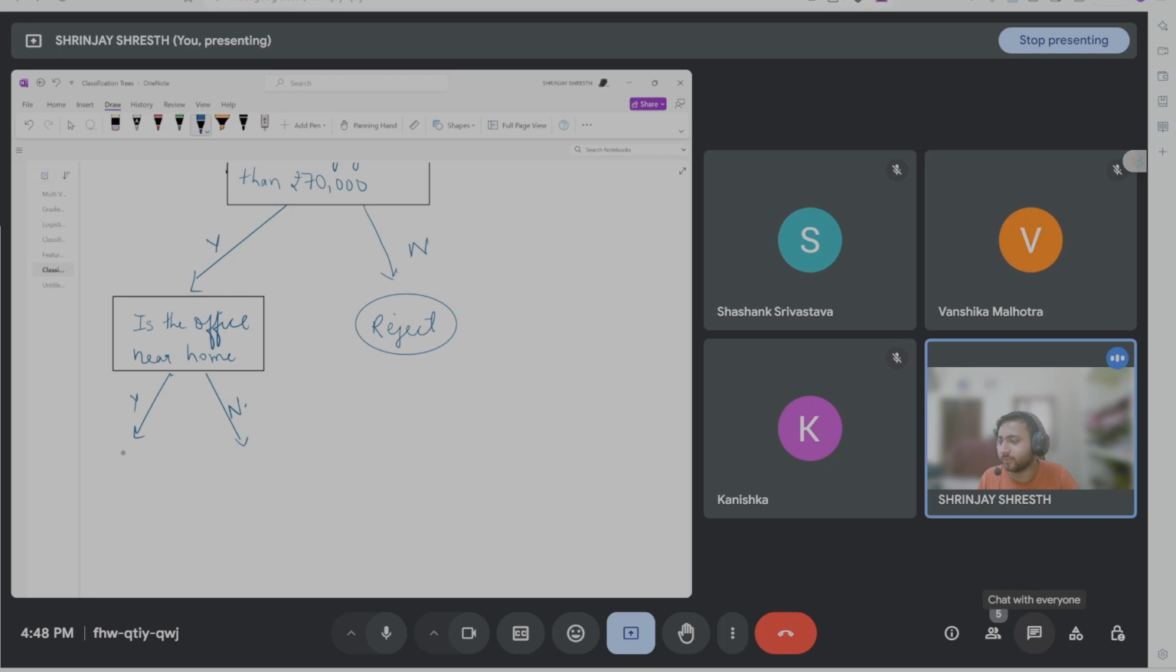What I'm saying, if the house is near your home, accept the offer. Accept it. Straight away, accept it. Do not think for anything. Or else, if your house is not near your home, क्या कंपनी मेरे को ट्रांसपोर्टेशन फैसिलिटी